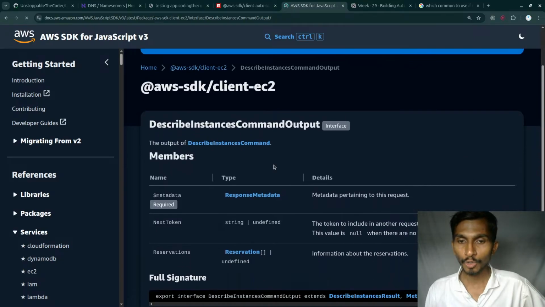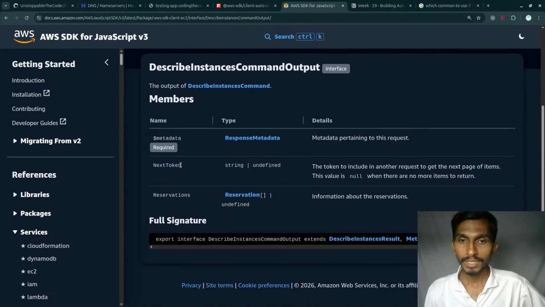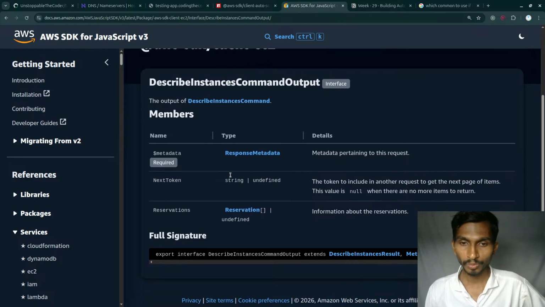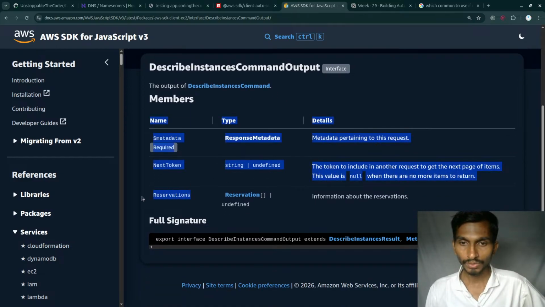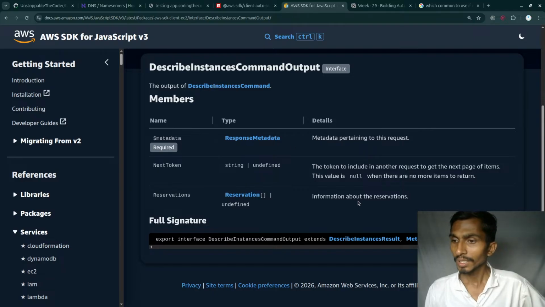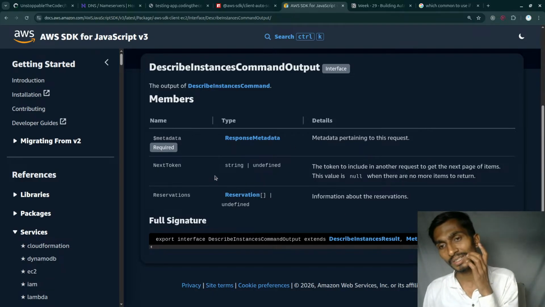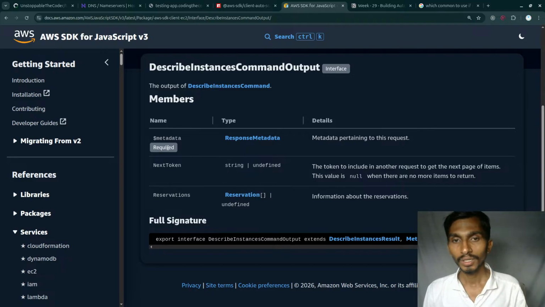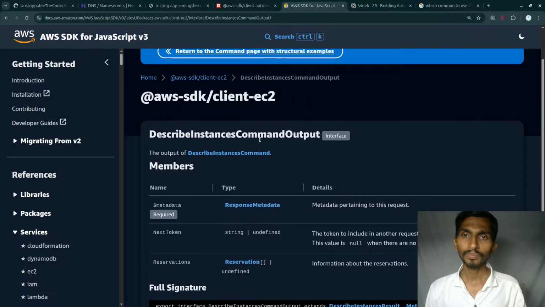When it comes to the output, what do we get? This is the input part, isn't it? This is the output part. Okay, so we get the reservations. This is not exactly what we want. This is not the exact output we get. I mean, we get these many things, but there are more things inside that. Maybe that is inside this metadata part pertaining to this particular request, and the real